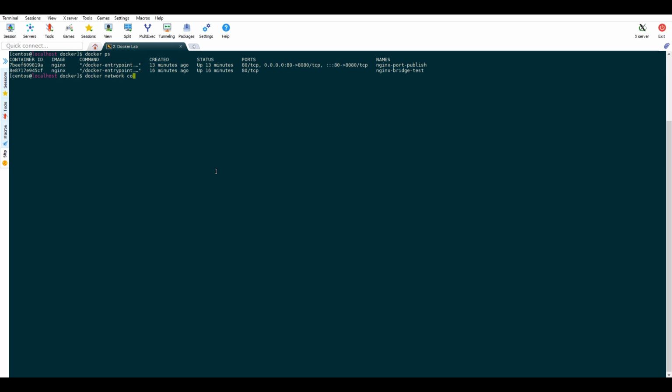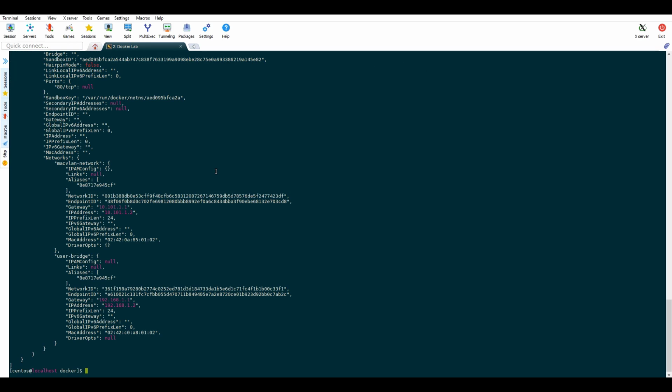Next we will connect the MacVLAN network to the Nginx bridge test container. We can connect multiple networks to a single container. Now if we do a container inspect, we will see that this container has two networks assigned to it.